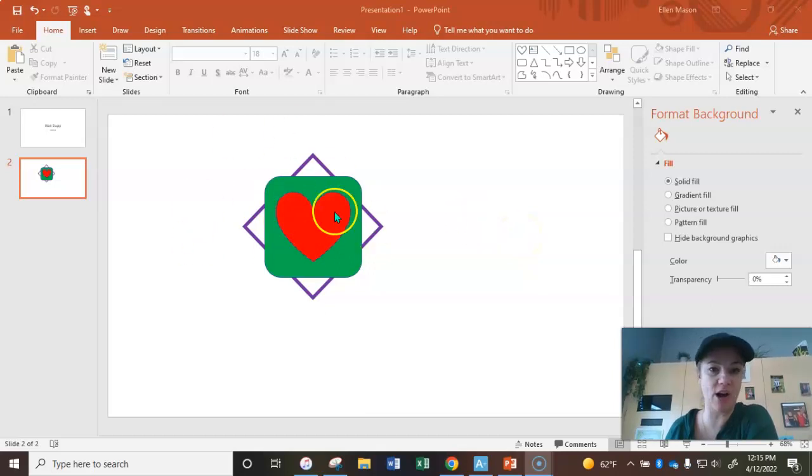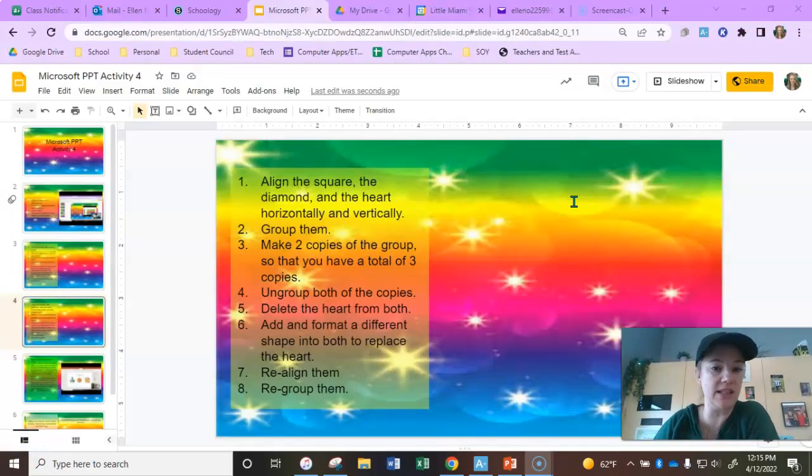So this is the object that you're going to be making. We're going to be using the alignment tools to make this object. I wanted to show you that first so you understand what you're working towards. So your first step here on slide 4, we're going to go ahead and align that square, diamond, and heart